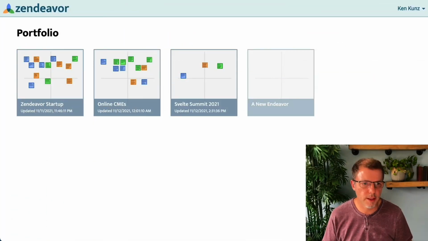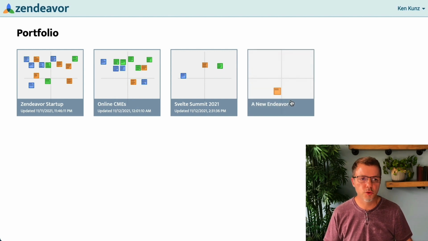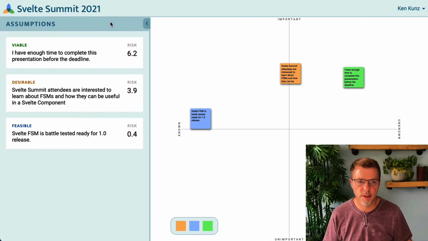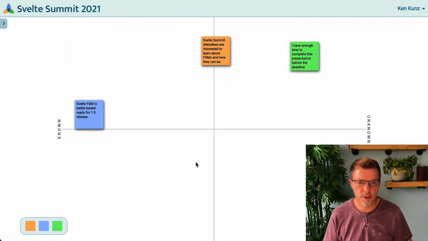Several months ago, I was working on a new software product called Zendever, a tool that enables you to map assumptions on a two-dimensional grid and prioritize them by risk. And the assumption component is growing increasingly complex. It can be idle, focused, you can drag it, you can also edit it, and in some cases, the assumption